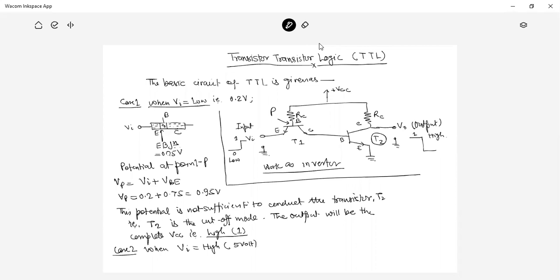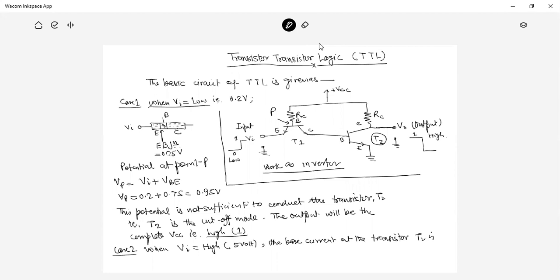V input is high, it means this is sufficient. Then the base current at the transistor T2 is something like...